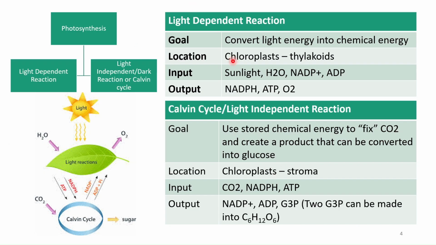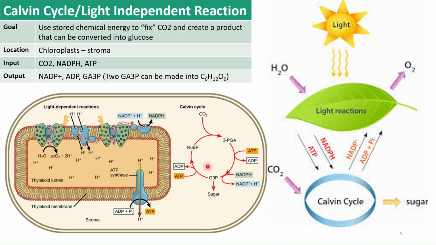So, like I had explained earlier, the light dependent reaction and Calvin cycle are related to C3 leaf photosynthesis. The light dependent reaction is the same in most of them. The electron transport chain, which is basically the light dependent reaction, is similar in C3, C4, and CAM. But when it comes to the Calvin cycle in C3, it is happening in the stroma, and there is only one cycle, this Calvin cycle, where RuBP is combining with carbon dioxide with the help of Rubisco enzyme and reducing into G3P, which is later used for manufacturing sugar and regeneration of RuBP. So this is the light dependent reaction, and this is the Calvin-Benson cycle occurring in